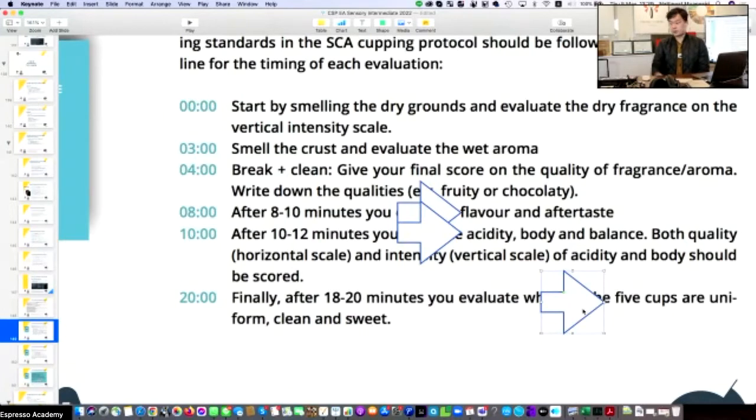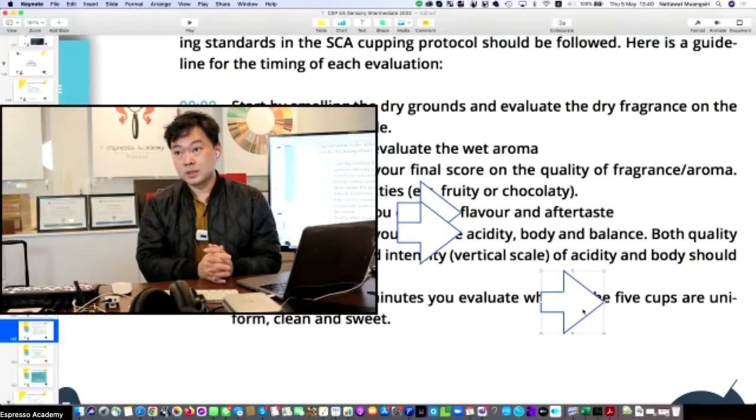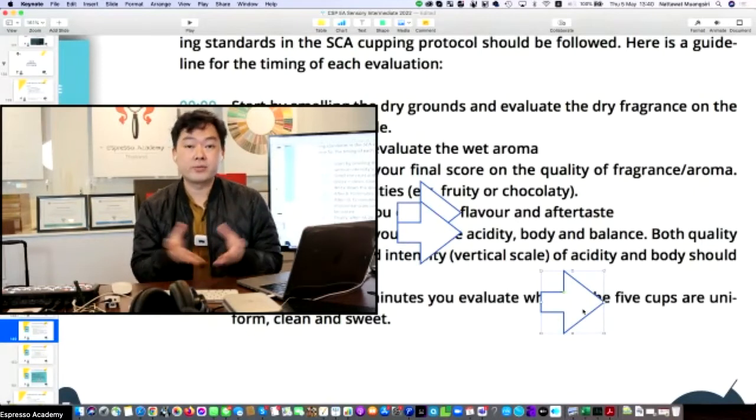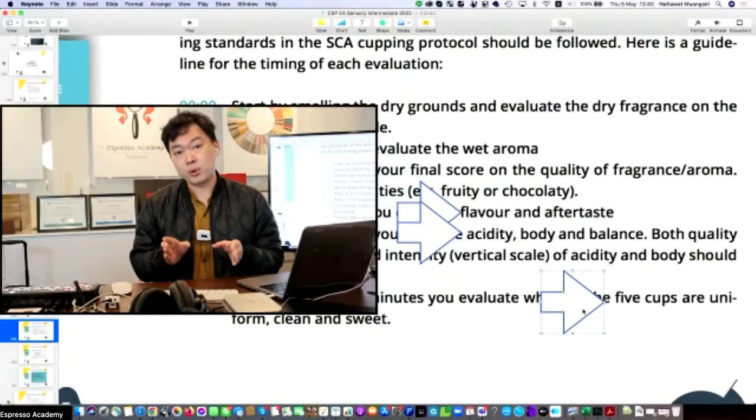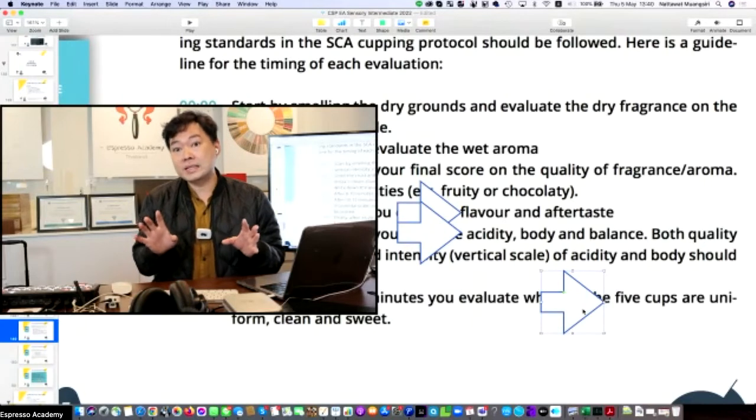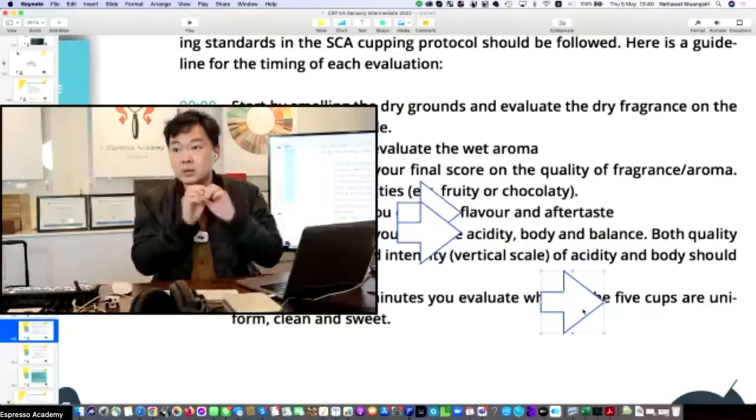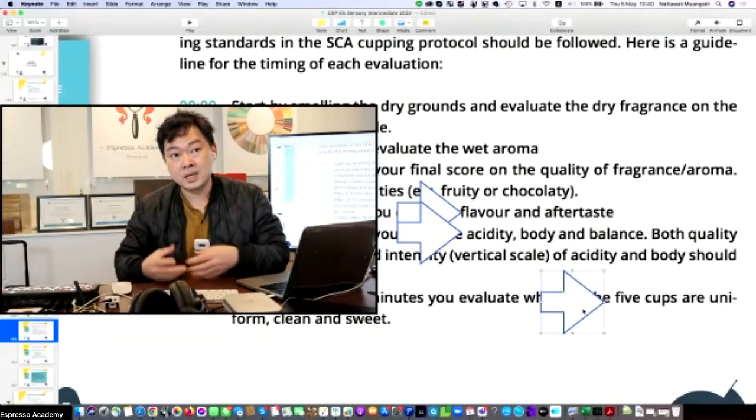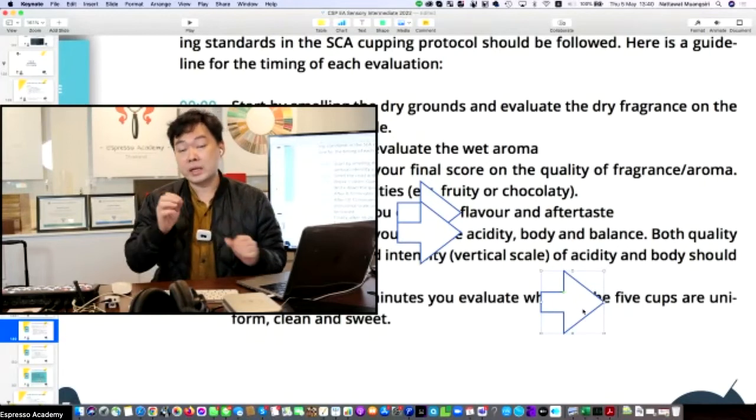I had an issue before: at first I found totally different results in cups 1, 2, 3, 4, 5. Cup number 2 is different, but after 10 minutes, after 18 or 20 minutes, it's all the same. Now it's just a matter of waiting for them to extract fully. Once you get to the 20 minute point, that means the coffee has fully extracted to the point of equilibrium and then everything is the same. You want to give the coffee the time to slowly extract,